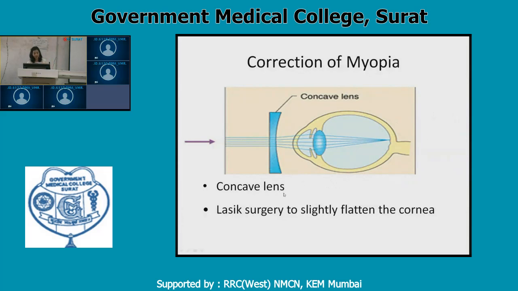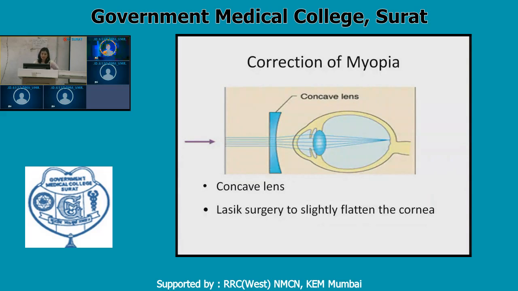Concave lens is used. Also, these days LASIK surgeries are done, which is laser assisted correction of myopia. What we do is flatten the cornea using the laser. That is keratomileusis. Flattening of the cornea is done for treatment of myopia. But then again, LASIK surgery has to be postponed till late adolescent or adult age, so that the number doesn't keep on increasing. Because with advancing age, the size of the eyeball also increases, and if it is done too early, later on again the person will be having glasses.